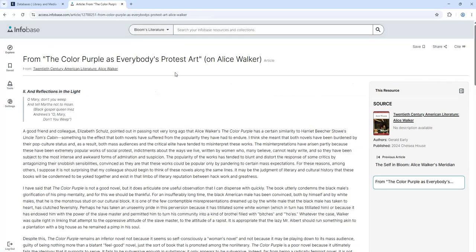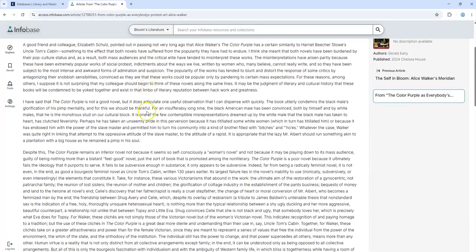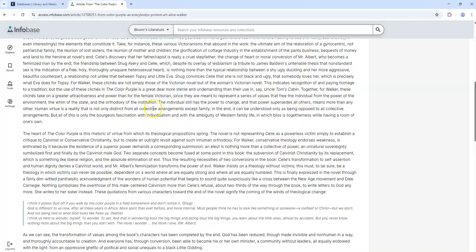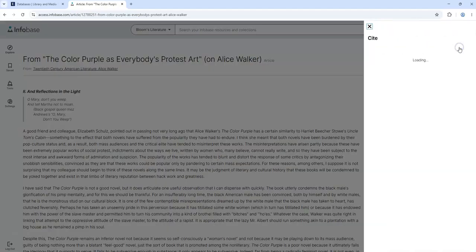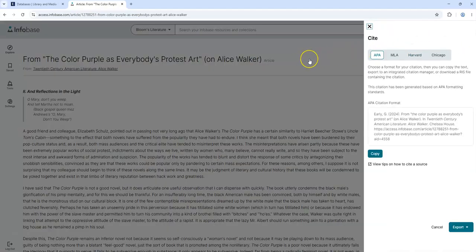From The Color Purple is Everybody's Protest Art on Alice Walker. And so here is the literary criticism or critical analysis. If I want to, I can click on the cite icon or feature here, and you can see that you can select the citation style that you need to include on your works cited page, which will be MLA, but